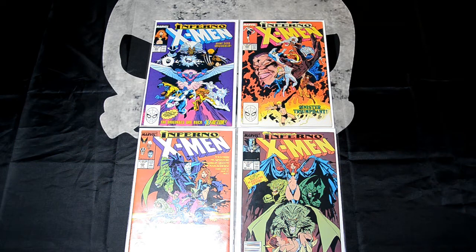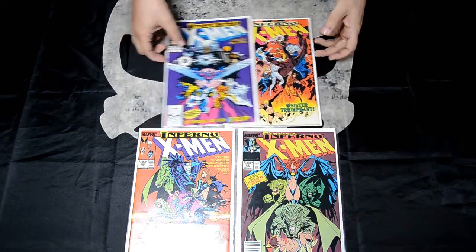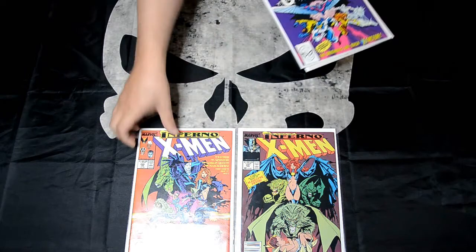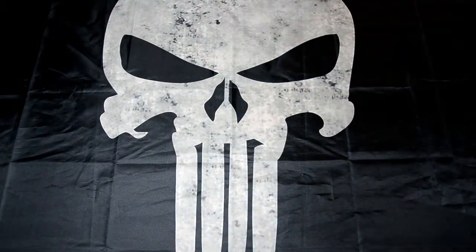To give you an idea of how big this was, it spanned several different titles, including X-Men, New Mutants, X-Factor, Excalibur, Avengers, Daredevil, all three runs of Spider-Man, Fantastic Four, Cloak and Dagger, Power Pack, and Exterminators. So this was a huge crossover event. It had some major implications. I need to go back and get some more of these that I missed out on. I don't think I'm going to get all 39 of them, but there's a few that I think I want